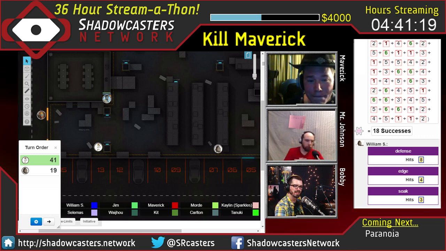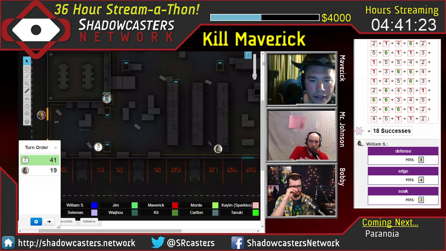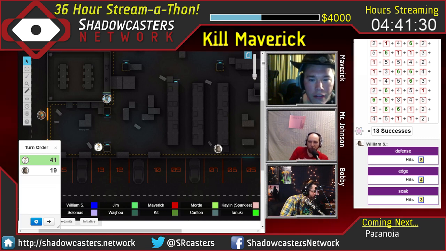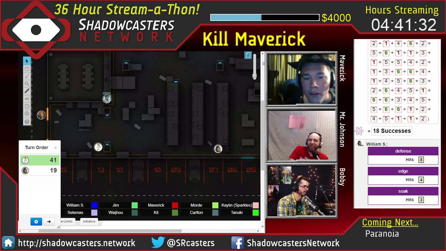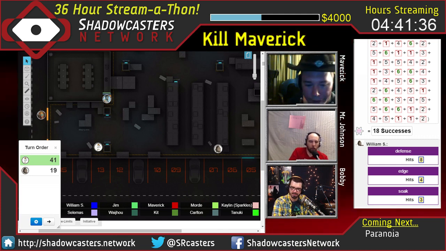You set the bar pretty high for performance there with Cat, the stealth sniper. If I had more edge, you didn't use that range to work with at the beginning. You would have had it on that soak roll. But yeah, I would have. I do have to note, since I put him into physical overflow, I get my edge back. The other thing is,